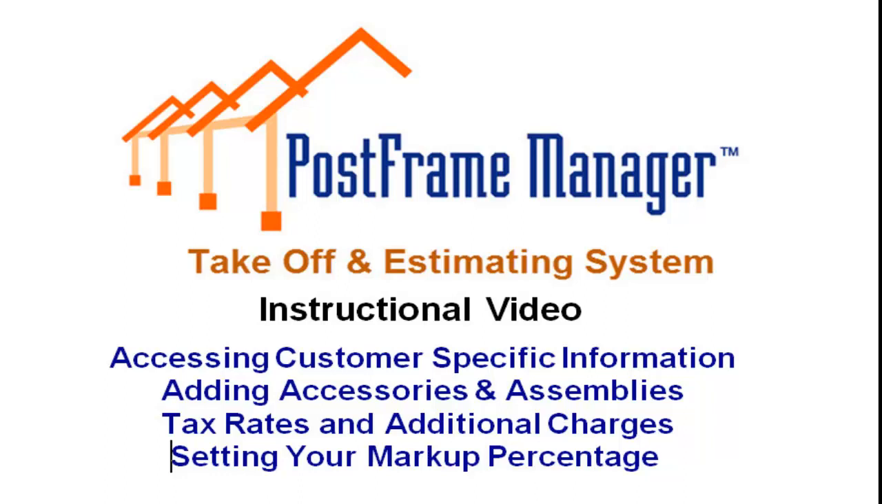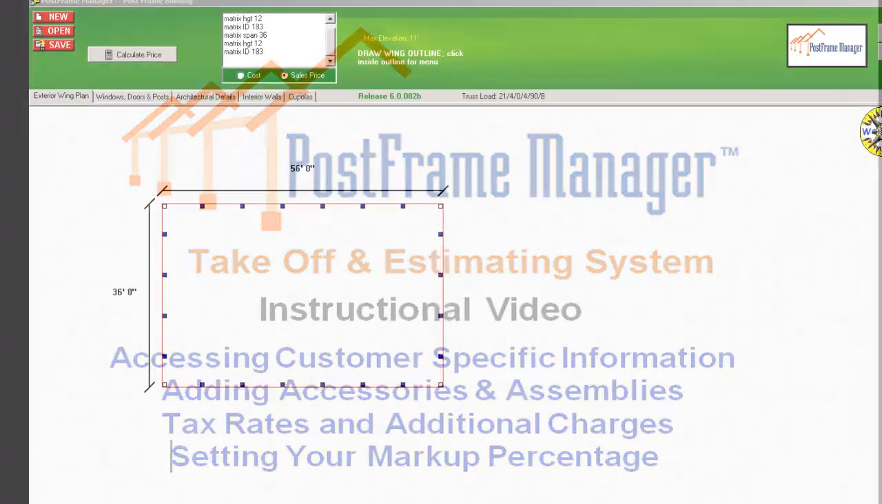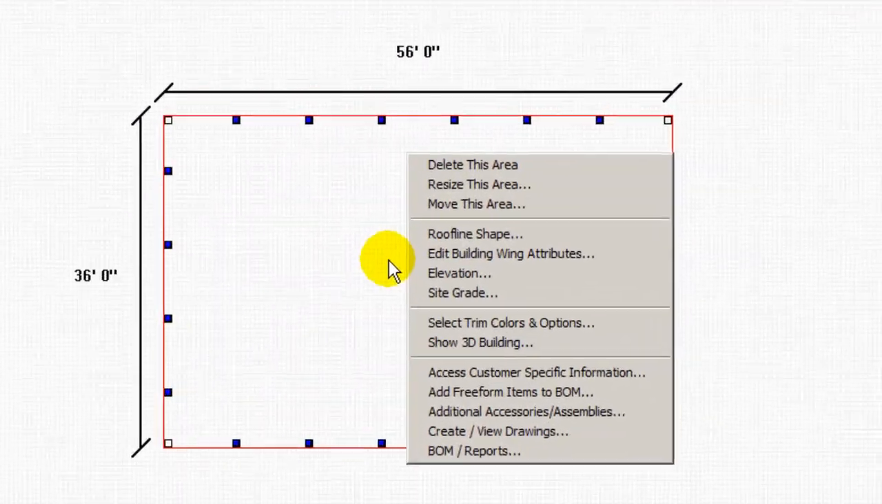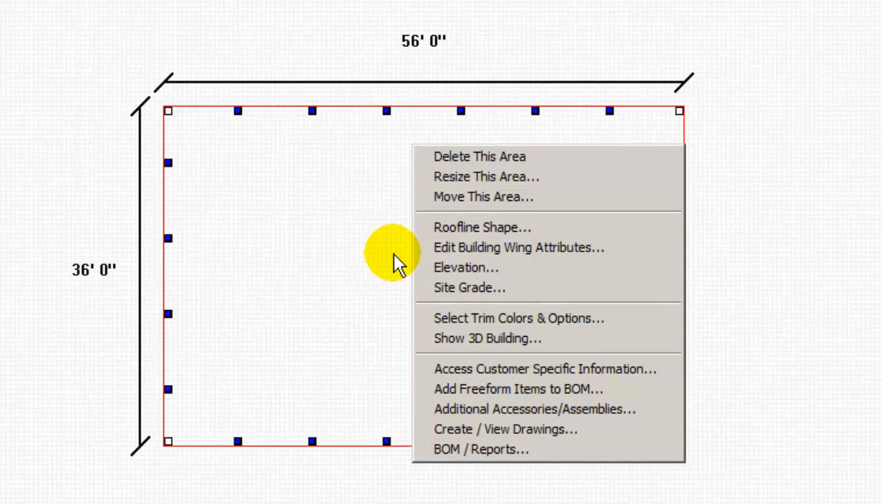In this video, we will discuss accessing customer-specific information, adding accessories and assemblies, setting the tax rates in your area and adding additional charges, and finally, adjusting your markup on a building. As before, with your building drawn, place your cursor inside the building outline and click to bring up the navigation